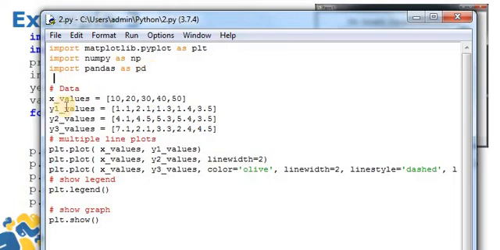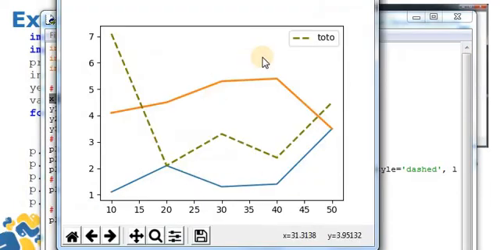Here I am declaring the data in a list. The first variable, x_values, is equal to 10, 20, 30, 40 and 50. So here we will see how it will be. It will just show like this: 10, 20, 30, 40 and 50.